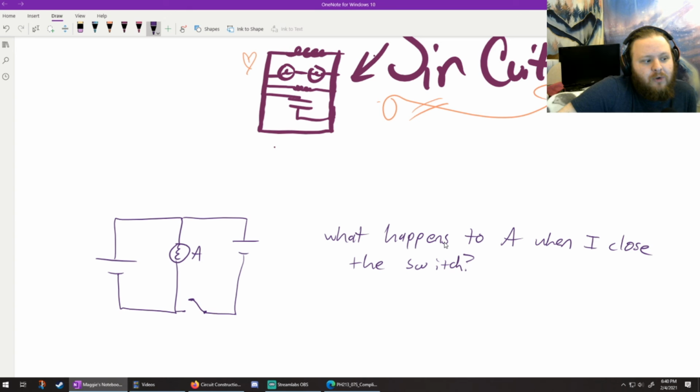You're saying the light bulb won't light up at all when I close the switch? So it's certainly bright before I've closed the switch, and I think everyone can agree on that, right? The light bulb A must be dropping 1 V-naught's worth of potential, and there's no real way around that. When I close the switch, I mean,